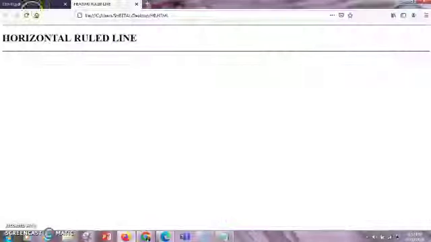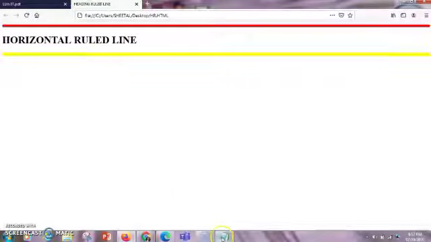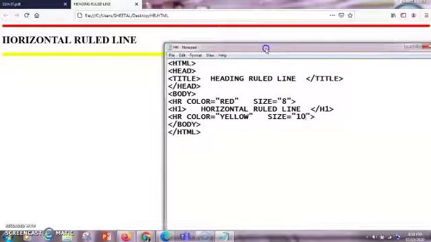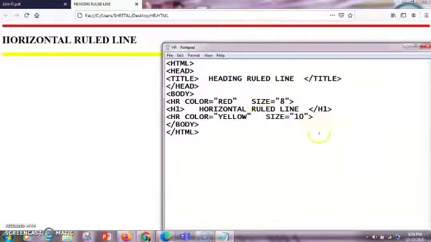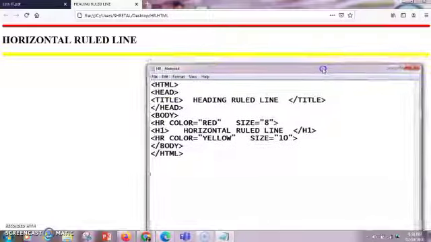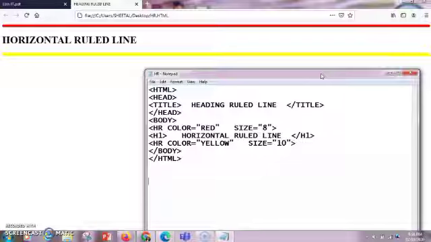I'll just run the program again. So here is the program, and you can see how the horizontal, that is the HR tag, is working. You don't require /HR to end your HR tag. Because of it we call it a singular tag or an empty tag. So this was a practical regarding the HR tag. Please perform this practical. If there are any queries, please feel free to give a comment in the comment section. And these are the lines, and we have changed different shapes and colors accordingly. You can try it out.